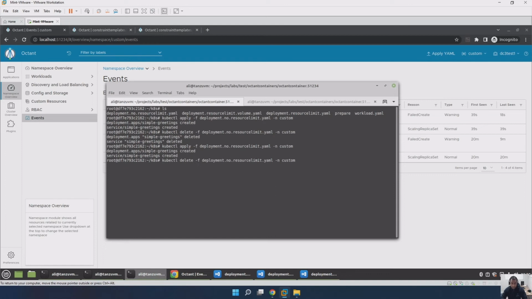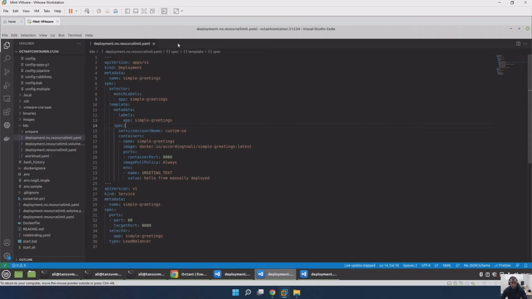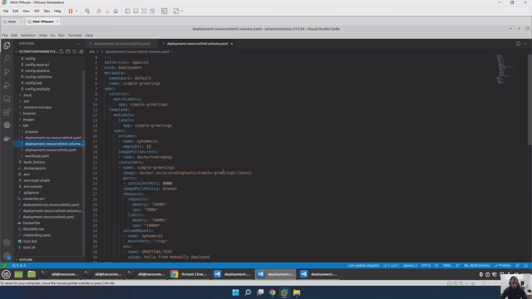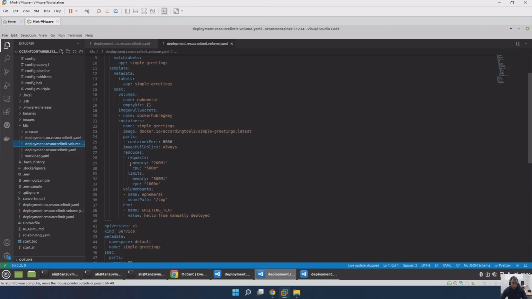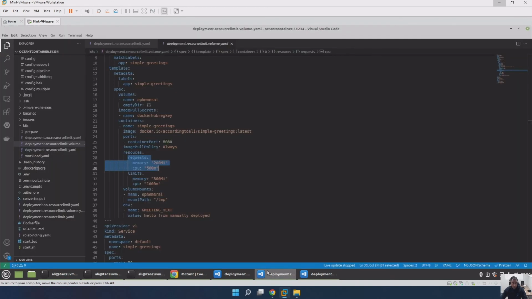I can go ahead and delete this. And so simple deployment should be gone now. I also have another, not this one, sorry. Yeah, so I also have one with resource limit, right? So this is where I have defined the CPU limit. I've also set the memory limit. That's all good. So I will go ahead and deploy